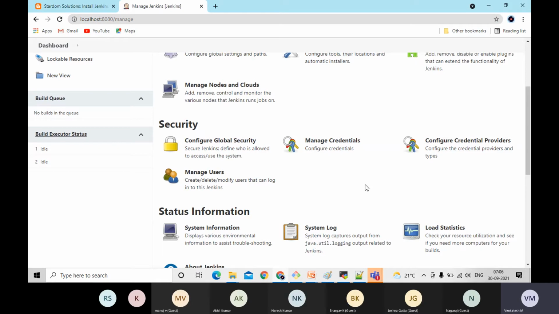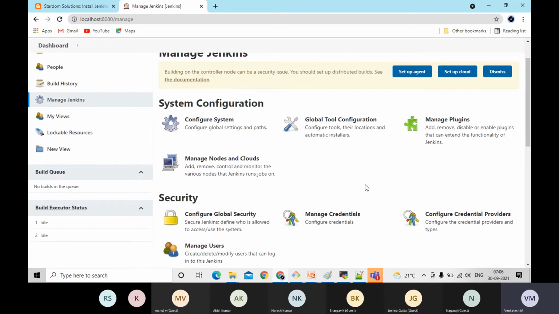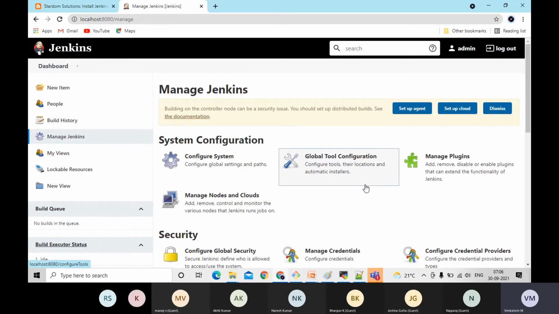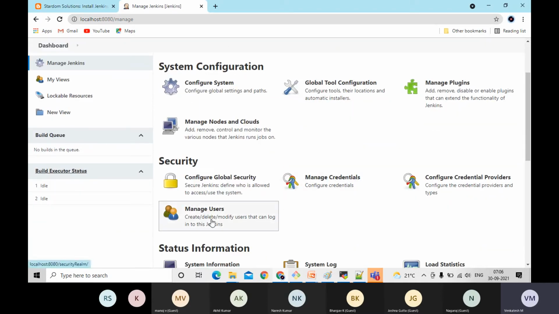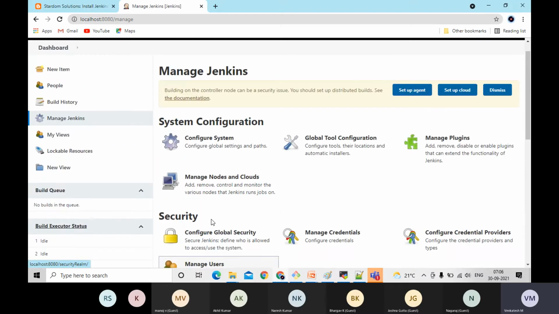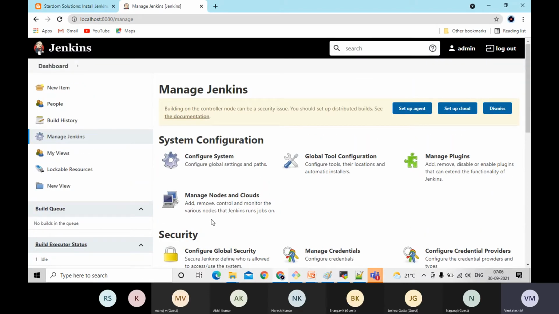These are mainly for the authentication and authorization purpose. That means currently I just have a single user, which is the admin user. In case you want to create new users, you can add it like this. You can assign the roles and permissions. So what he can see, he has the read access, the creating a new job access, remove administrative access, these kind of things. You can do the configuration from the security one.